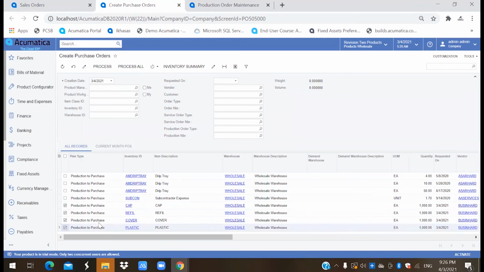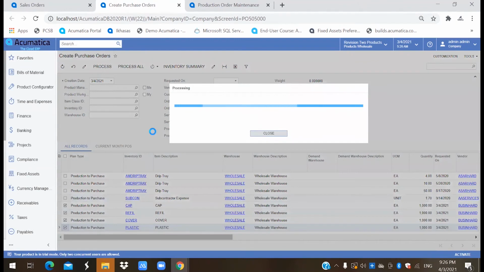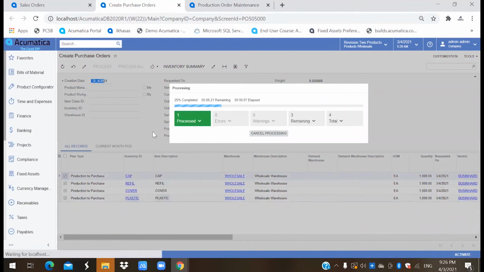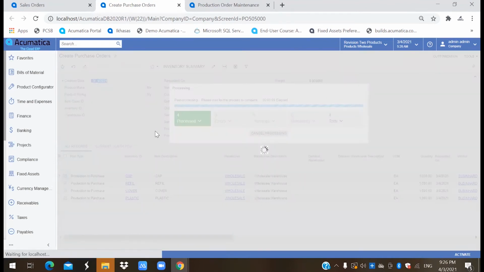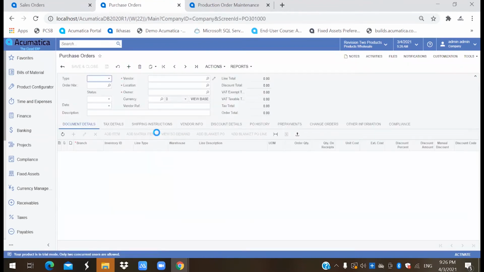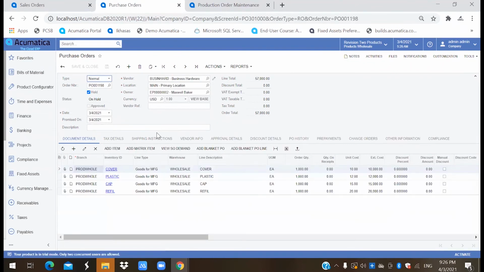I selected all my raw materials and I will simply click on process. Acumatica has automatically created a purchase order for us.